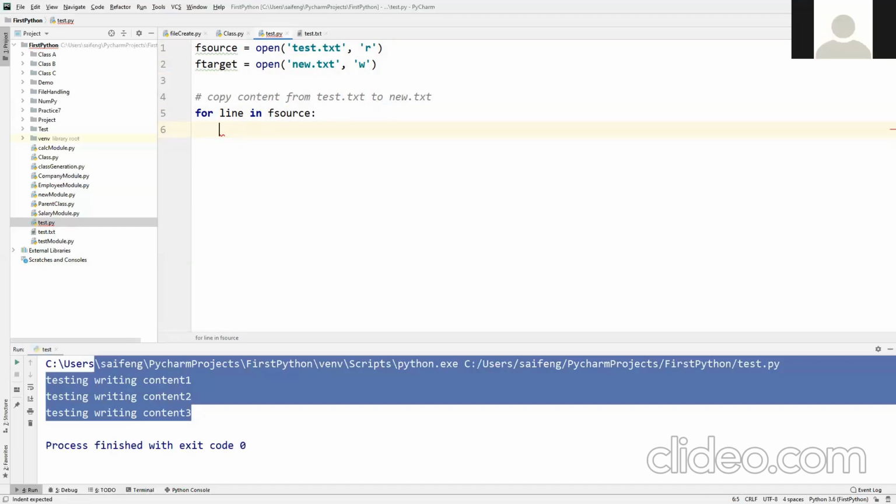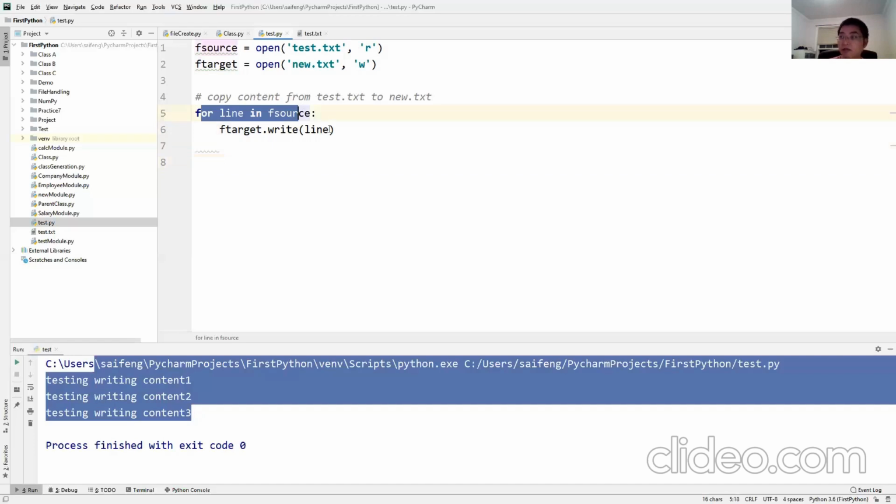F target.write line. Looping every line in the file source and writing into the file target. That's it.